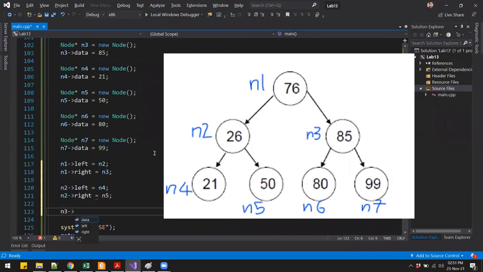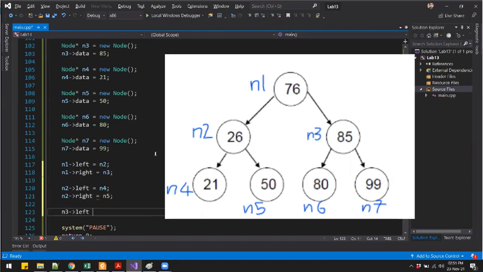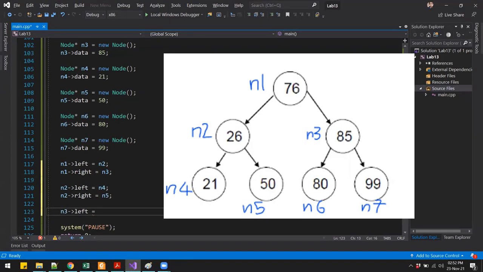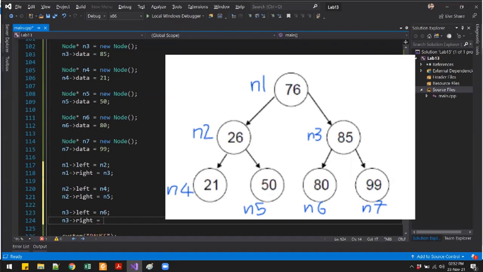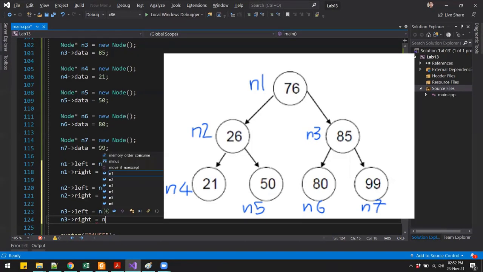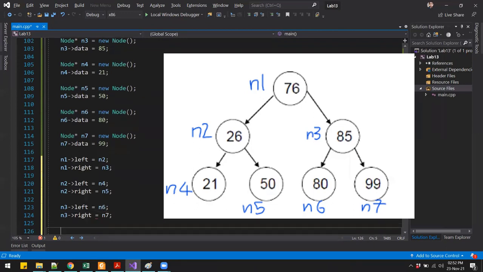So node 3 arrow left, the left of node 3 is node 6, and node 3 arrow right, the right of node 3 is node 7, right? Then going to node 4.